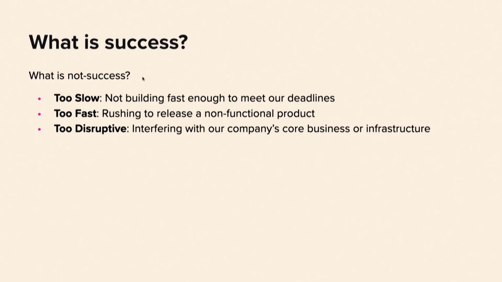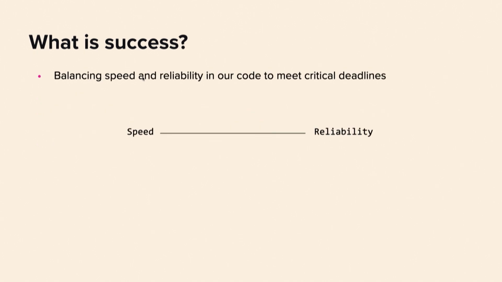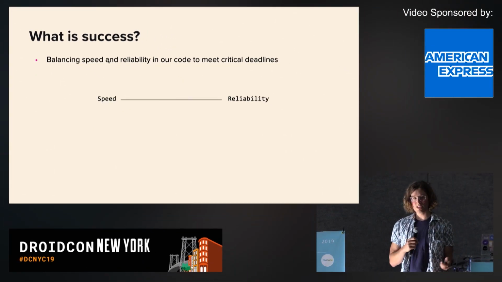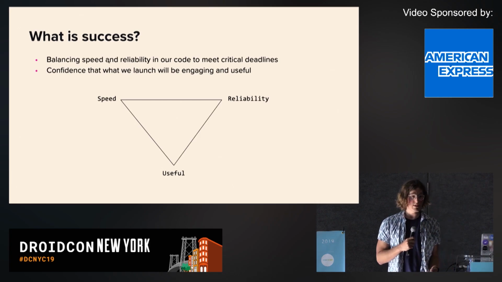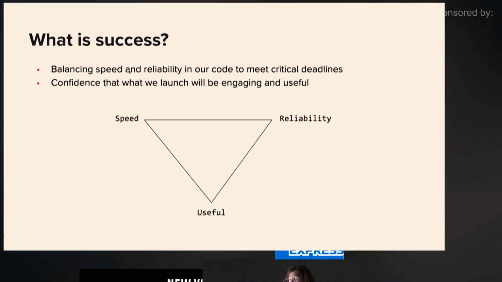It didn't matter how good of a job we did, we wouldn't want to release it. And then finally, the one that I worry about the most is that even if we did all those things, if we built it, and we launched it, and our users didn't want it, we might as well have built nothing at all. So I think of it as success being about balance. It's about balancing the speed of your development and the reliability of your code. But it's not just that. And I think oftentimes we as engineers just think these are the only 2 things that matter. But I think the usefulness of what comes out of it is the second dimension that matters enormously.